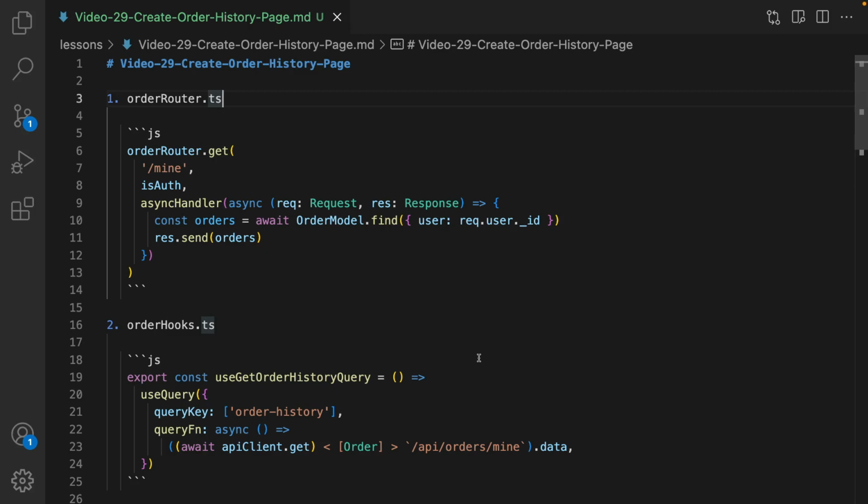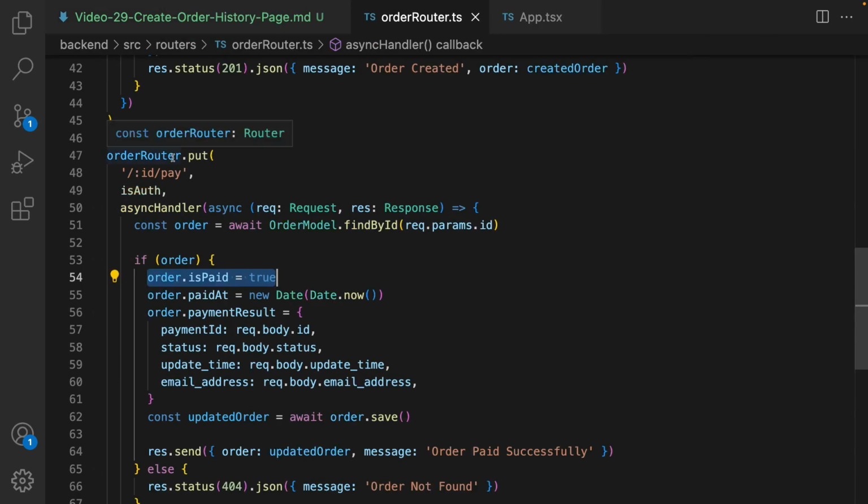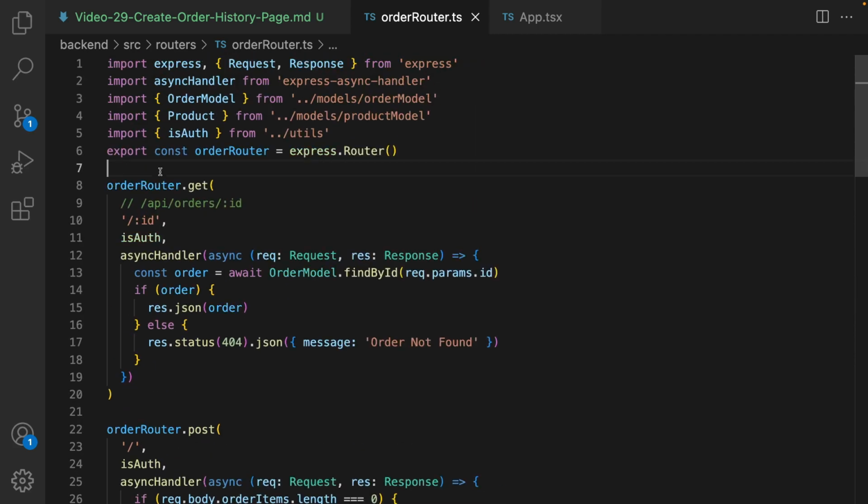In this lesson, we are going to create an order history page to show the previous orders of the user. First step is in the backend: create an API to return orders of the current user. Go to order router. At the very beginning,